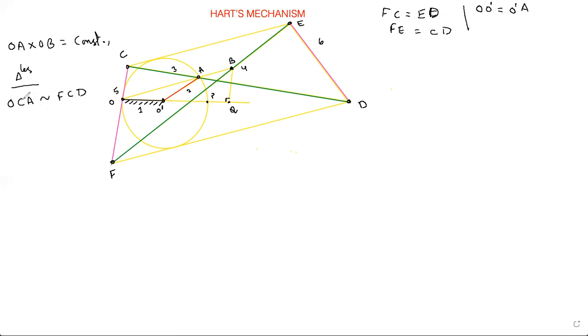So here I see similar triangles; come back to similar triangles. Now can I write this equation in this manner? If they are similar triangles, I can write OC by CF, smaller by larger, is equal to smaller OA by larger FD. Now what do I need here? OA, right? From this I can take OA. So OA is equal to OC by CF multiplied by FD. Let's call this equation number 1.